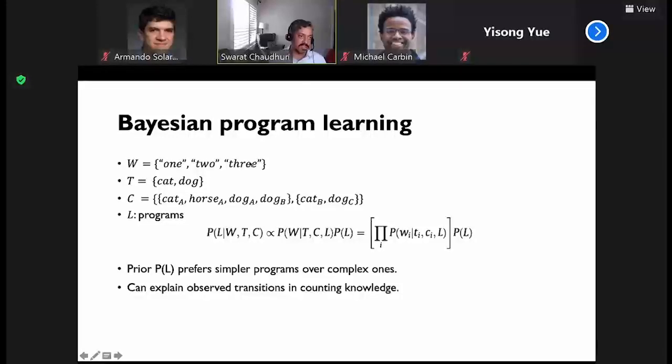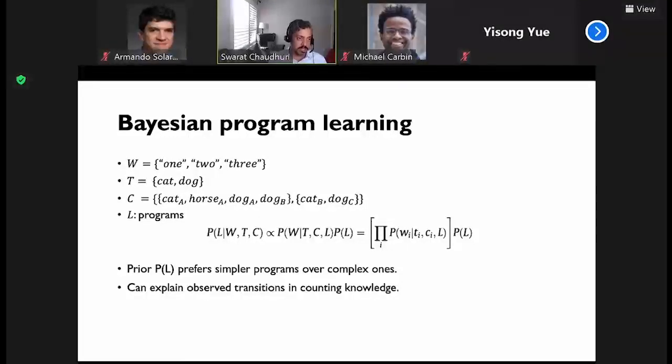And then when you're seeing these contexts, you're also getting words associated with it. So for example, when a child sees a scene with 2 cats, maybe they hear the words "2 cats," right? And so there is an association that is formed. And so now what we want to do is to learn this distribution over